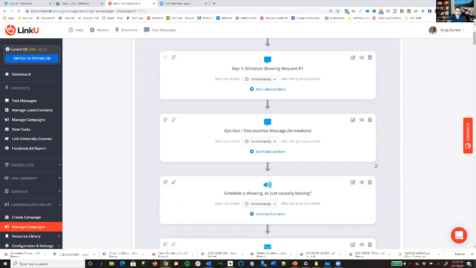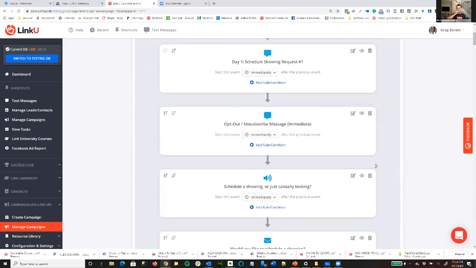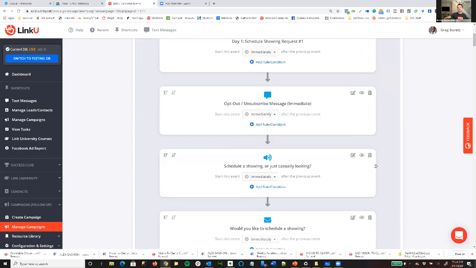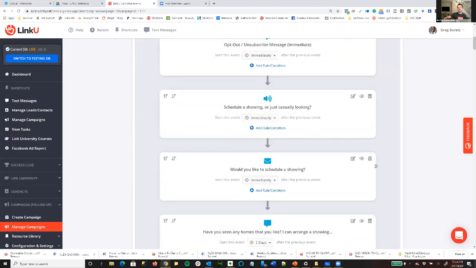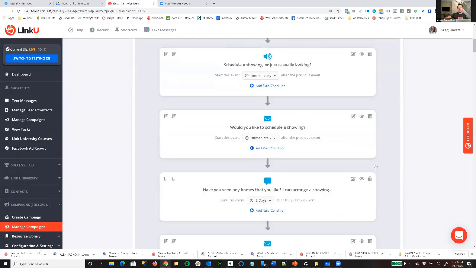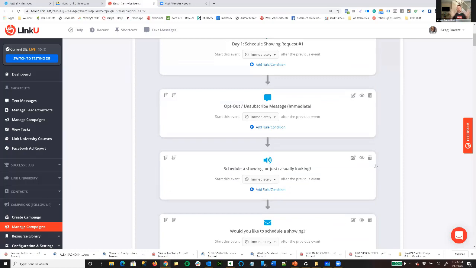Same thing though, this thing would go out immediately. It would also go out immediately with a voicemail and an email. So as you see here, as soon as the lead comes in, they're going to get the text. They're going to get the compliance text as well. They're going to get the voicemail, right? And then they're going to get the email immediately. Well, they don't all jump at once, like boom, boom, boom, like the wolf from The Office, right? Where everything's going off at once. They actually come in over a couple minutes. So it has a natural flow to it, right?